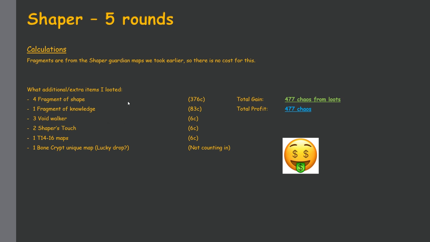The reason is definitely from the Fragment of Shape and Fragment of Knowledge. As one of the fragments from the Shaper Guardian costs 12 chaos, if you have 4, it is only a base cost of 48 chaos. So let's say even if you got the Fragment of Knowledge, the lowest, 83 chaos minus 48 chaos is, oh my god, my maths fail. Is about 35 chaos. Yeah, so you'll get about 35 chaos profit just by buying the fragments and running the